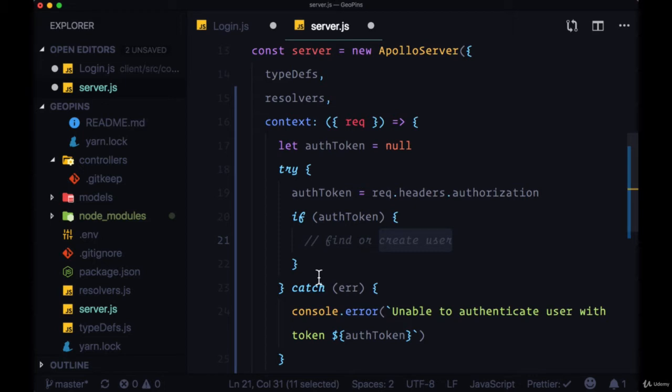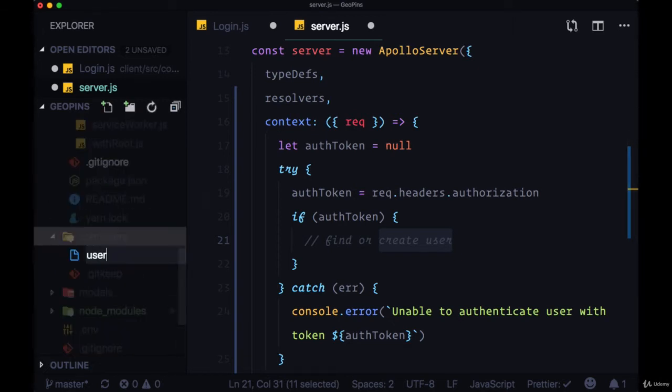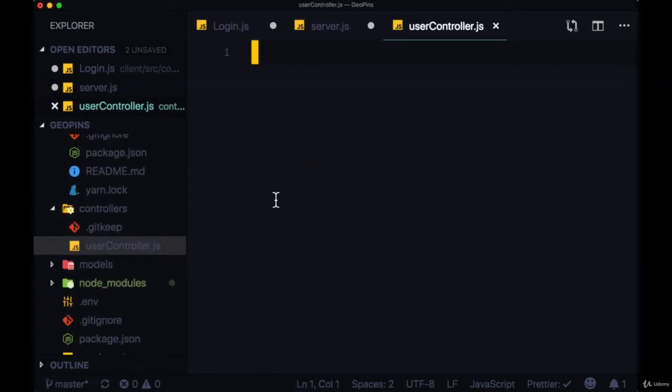We want to keep our authentication logic separated from our resolvers. So we'll add a controller file to the controllers folder, and we'll call this usercontroller.js. We'll need a few things for this user controller. We're first going to need the user model, and that's to create new users and find existing users. That's going to come from